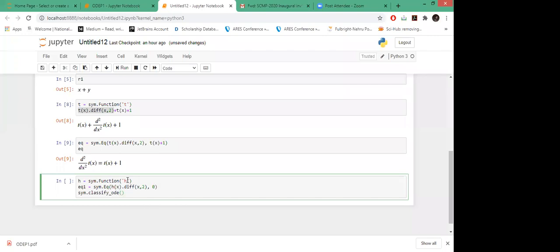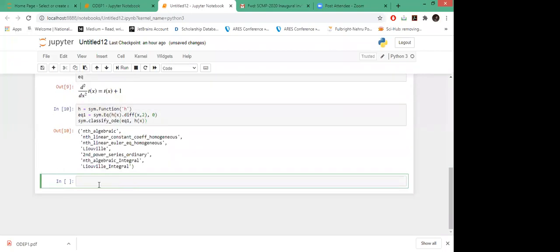I will pass the equation which I have defined, equation 1, and the function which I am taking, this function h of x. Now it will give me an output, all the possible forms. So this is nth algebraic or nth linear constant coefficient homogeneous form, second power series, ordinary. So these are all the possible forms. This is classifying this ordinary differential equation.